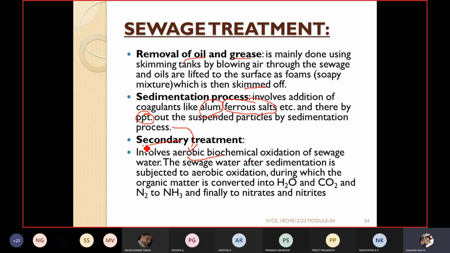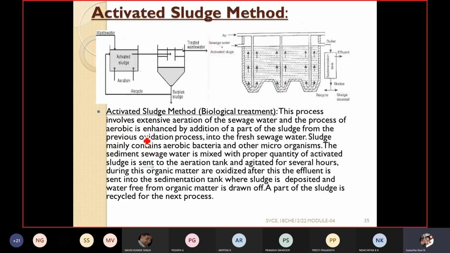Under this secondary treatment, we have a very good biological treatment process, which is called the activated sludge method, which is very important for 4 marks. They will especially ask: explain the activated sludge method process of biological treatment of sewage water. What is this activated sludge method? This process includes extensive aeration. Remember this, it is the aeration, aerobic oxidation of sewage water. The process is enhanced by addition of part of the sludge